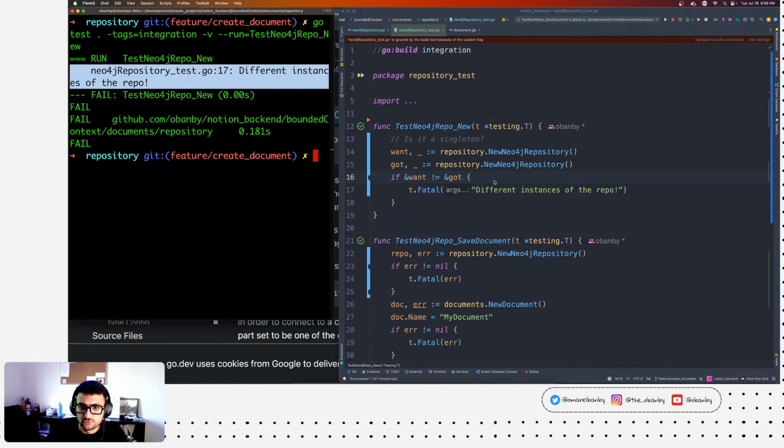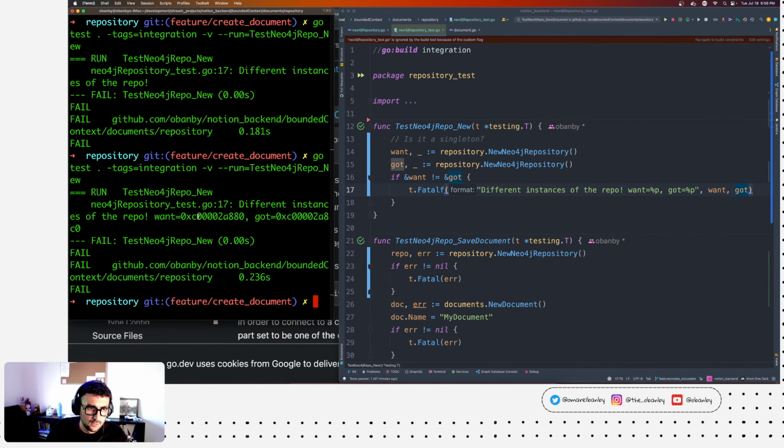Right, so different instances. And let me print. You see how A880 and here A8C0. So these are different instances, truly different instances, right?